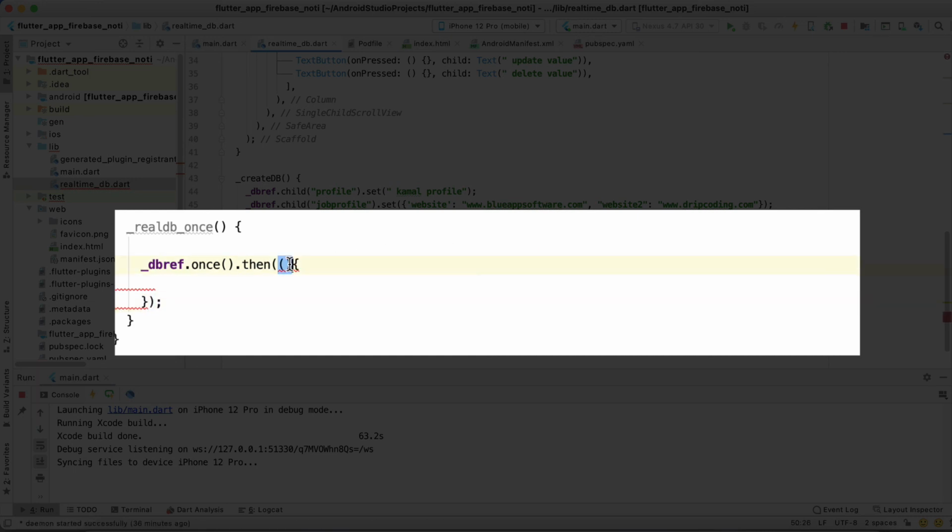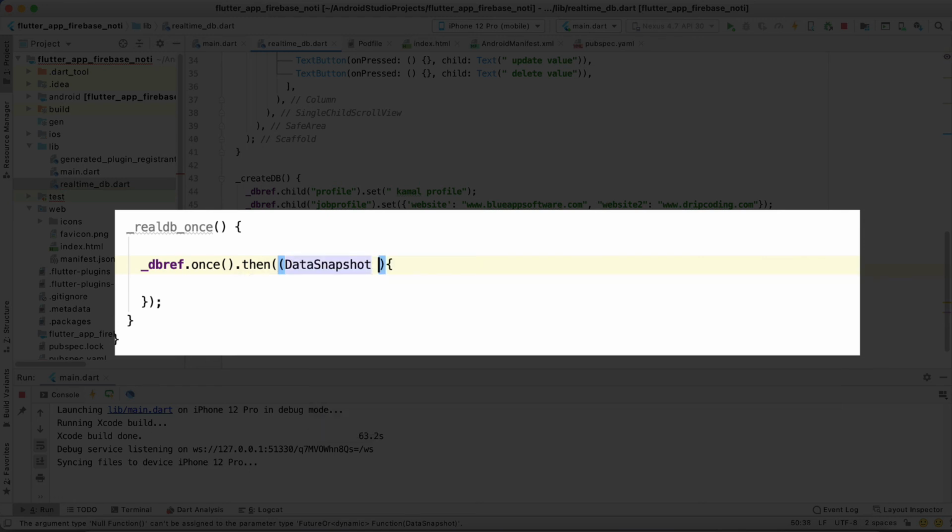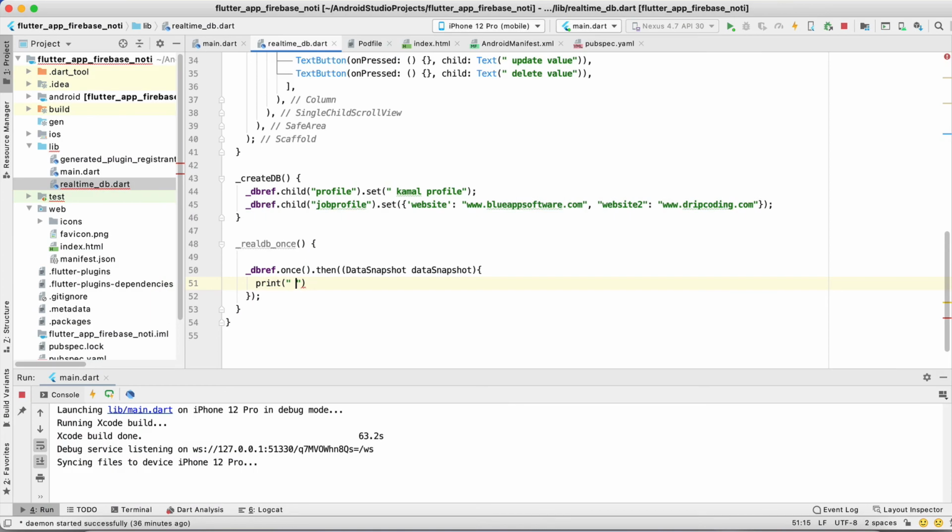Make it this one, and data snapshot value, or you can just name it like data snapshot. Okay, now first I am going to make a print statement, dot value dot toString.